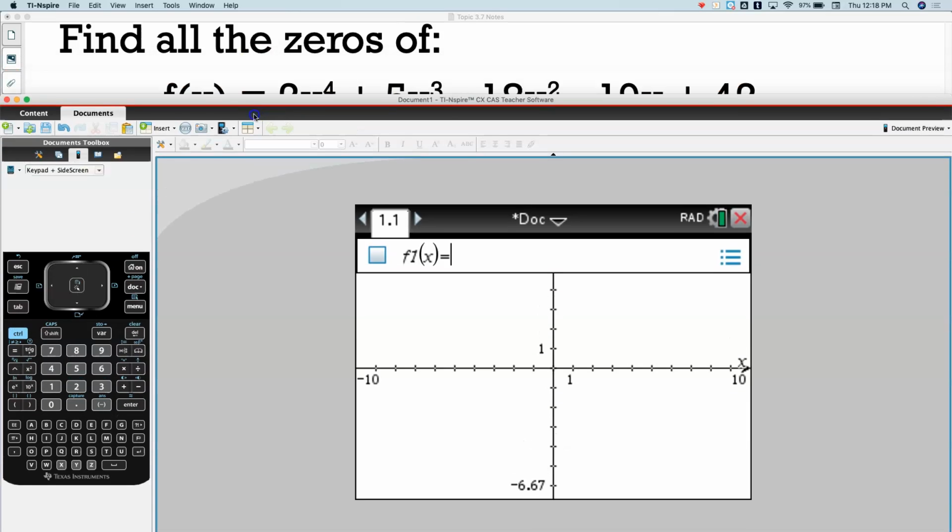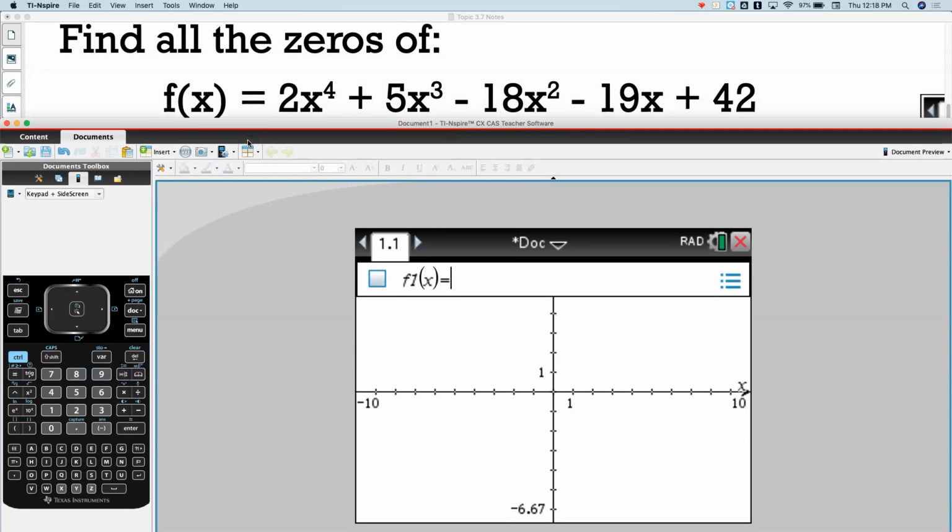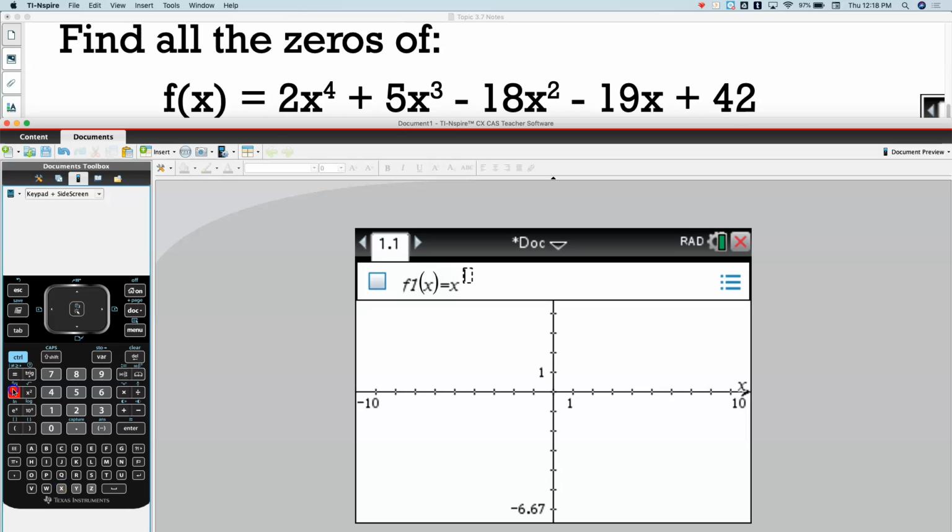And that graph is going to be our function. So we're going to type that in as is. 2x to the, oops, I forgot the 2 part. 2x to the 4th plus 5x to the 3rd minus 18x squared minus 19x